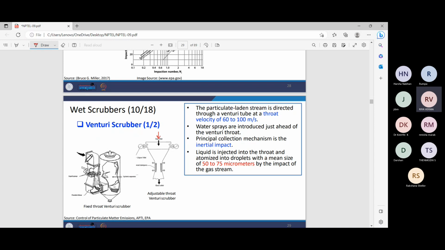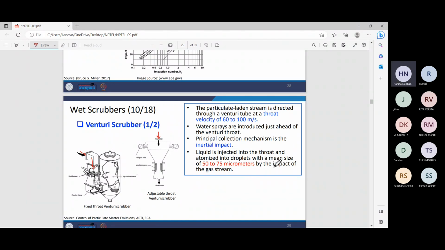For example, in this diagram, this is your inlet, and as the gas moves downward, here the water sprays are being introduced, and then we have an elbow shape where the particles get washed off, and the gas also passes from here. So the water, the dirty water that contains